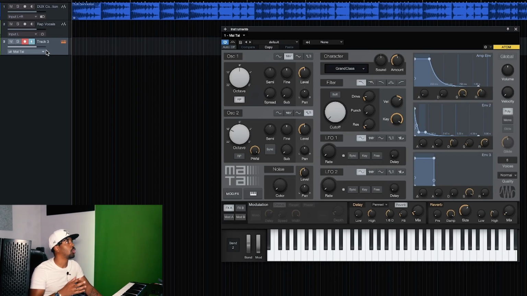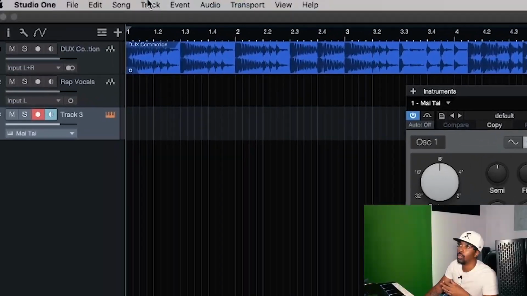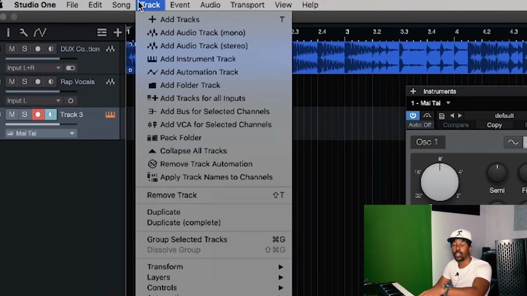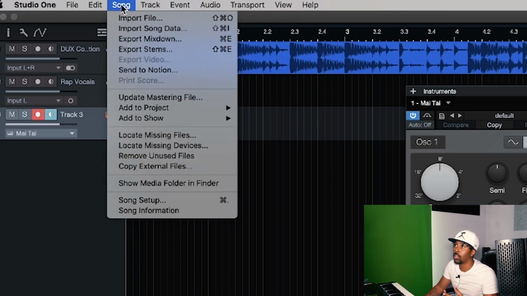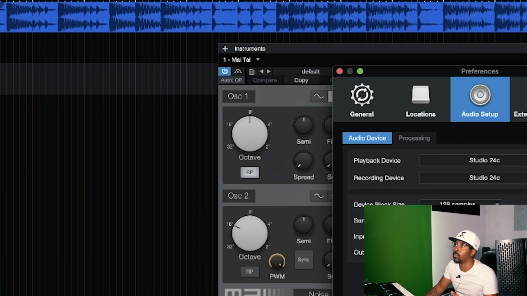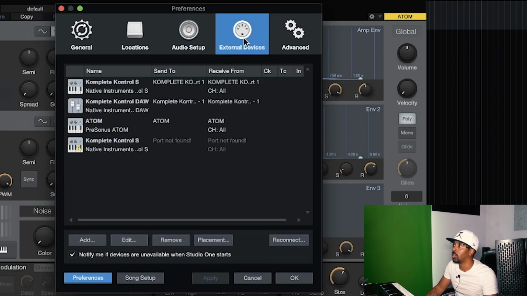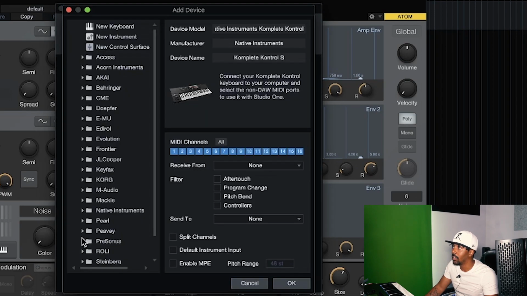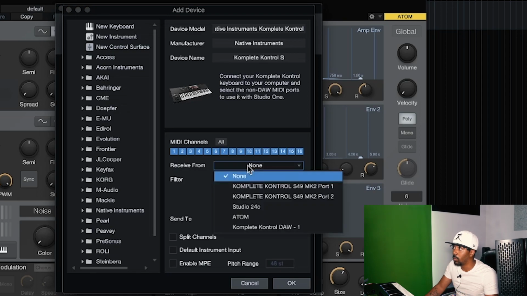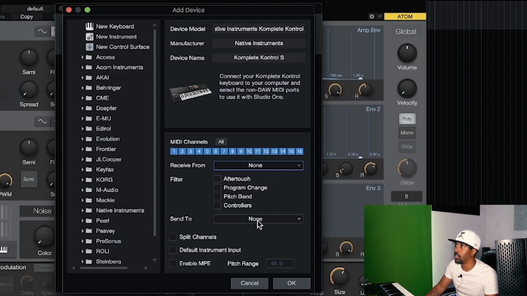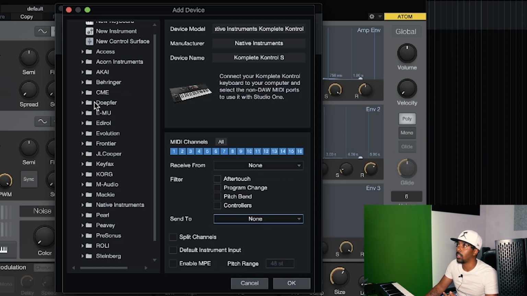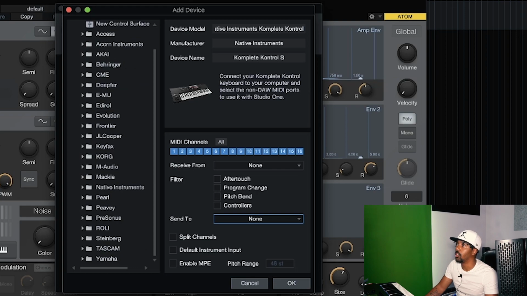Now I'll show you how to get your external device in there. So as far as your external device, which is your keyboard, if you have that plugged in, it should be plugged in USB straight to the computer. You're gonna go to Studio One Preferences. You're gonna go to External Devices. You're gonna go to Add. It should be right here when you go to Receive From, you should be able to find it. And you click the name, and then Send To, you click it again. And then if you can't find it, you could just click the brand it is, and it should pop up